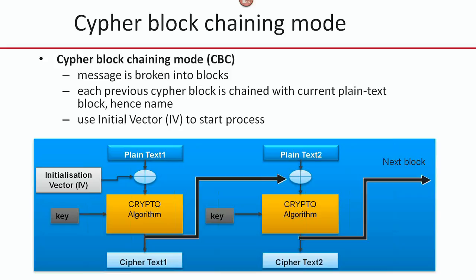So we're masking patterns in our data by chaining all of these blocks together. And then we have an initialization vector, which is a block of data which is sort of exclusive ORed with the first block of data to start the process. So in this system, the initialization vector can be public, and again it's only the key that needs to be kept secret. So the disadvantage of this system is that all of the blocks are dependent on one another,